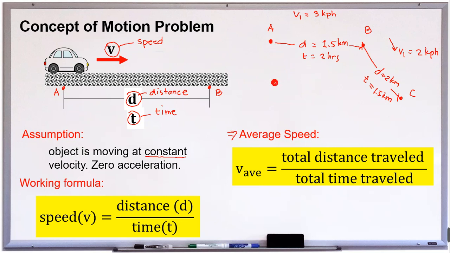Now, if the question asks what is the average speed in traveling from A to C, there are some students who answer this problem in this way: the average speed is simply equal to the average of the velocities from A to B and B to C. So they do this: v1 plus v2 all over 2. Okay, which is incorrect because the definition of the average speed is that you need to determine the total distance